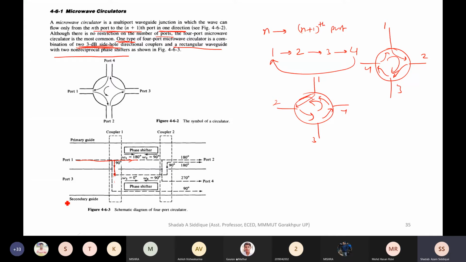So as soon as you go through this directional coupler, this will provide you the 90-degree phase shift. So this is not providing the 90-degree phase shift while we are traveling in the forward direction. We are not going inside the hole. So this forward wave which we are having from port 1 to port 2 will give you the 180-degree phase shift from the phase shifter which we have. So this is 180-degree phase shift. Okay, so I hope this is clear.